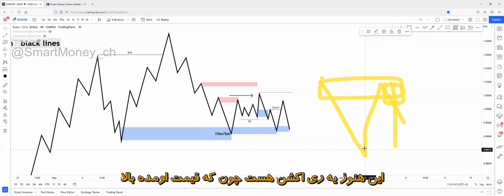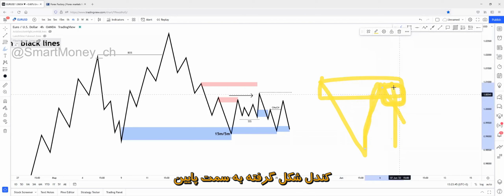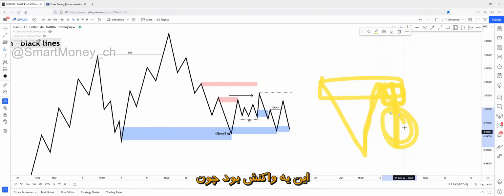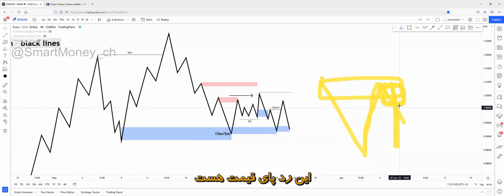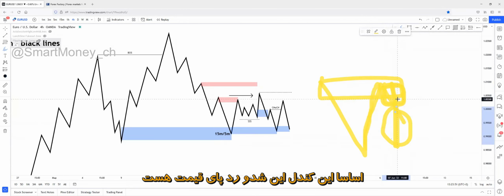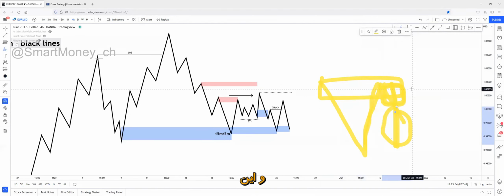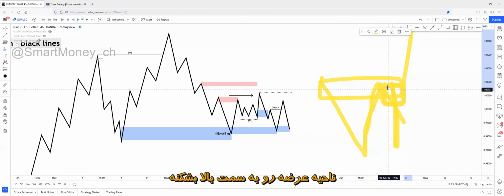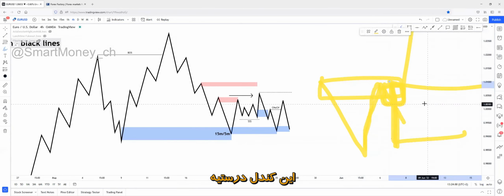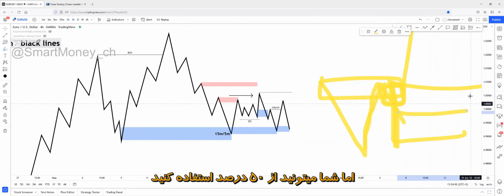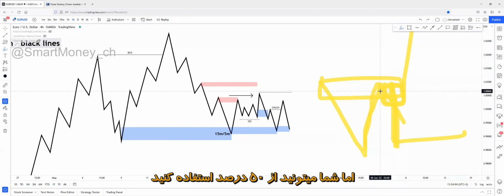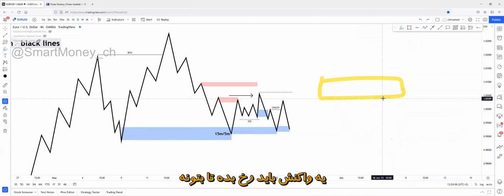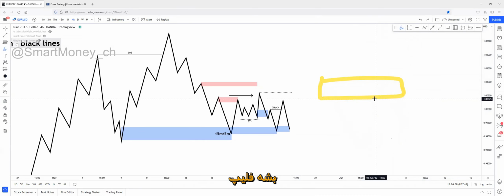This is still a reaction, because price came up, a candle has been formed, with a wick to the downside. This was a reaction because this is the footprint of price. Basically, this candle, this wick, is the footprint of price. And if this is being formed, then this is a reactional candle. And if the price breaks above this supply zone, this will be a right candle. Of course, it will be a big candle because it has a wick, but you can use a 50% entry right here. So a reaction has to happen in order to become a flip.